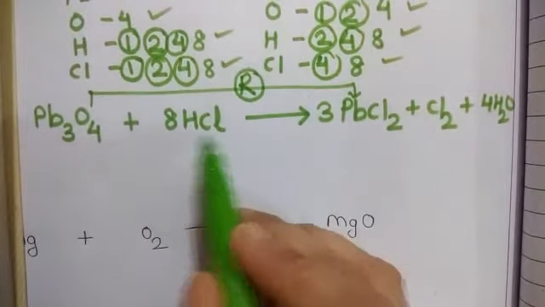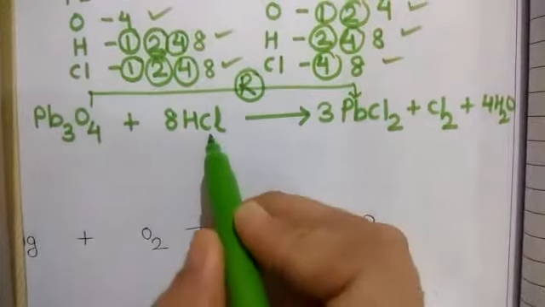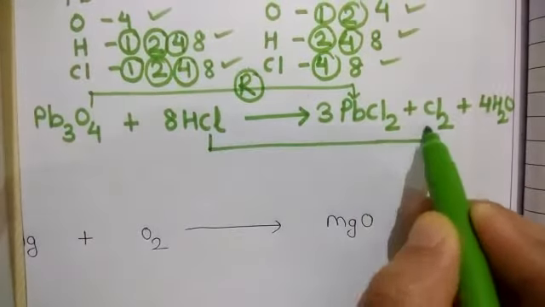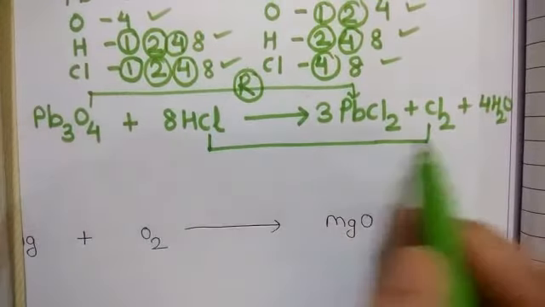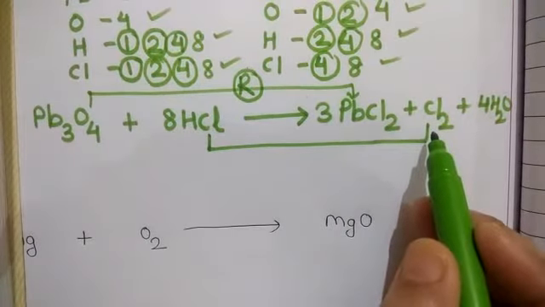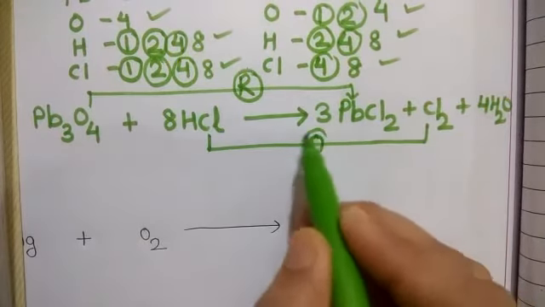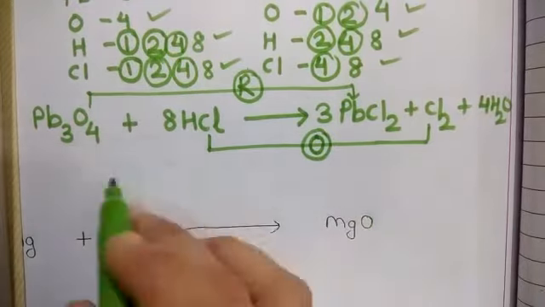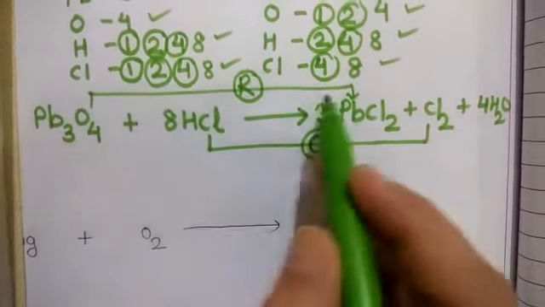Now if we compare this HCl with this, then what you will find is that here the chloride has lost the hydrogen. Here it is there, but now on this side it has lost the hydrogen. So what is the definition of oxidation? Loss of hydrogen. So we can say this is what? Oxidation reaction. So it is now clear to you which is the oxidation reaction and which is the reduction reaction.